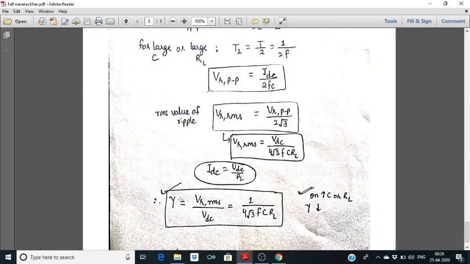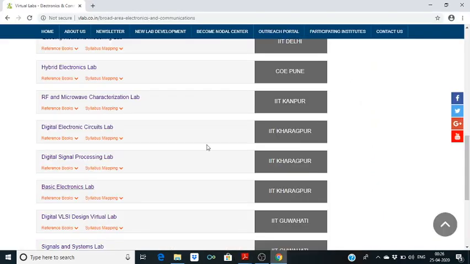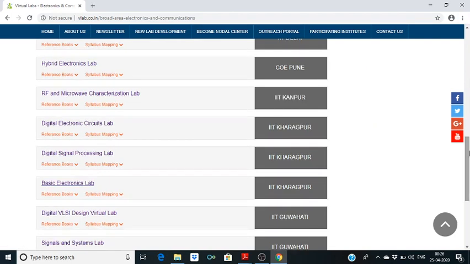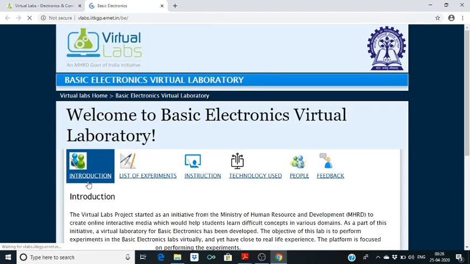So then the ripple factor we can calculate, and we will get the value as 1 divided by 4 under root 3 FCRL. So we can see that on increasing either the capacitor value or the load resistance value, we can reduce the ripple factor. Now coming to the simulation part, we will go to the virtual lab interface, then basic electronics lab under